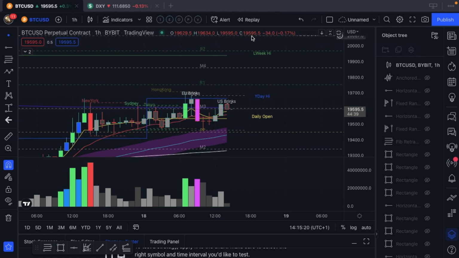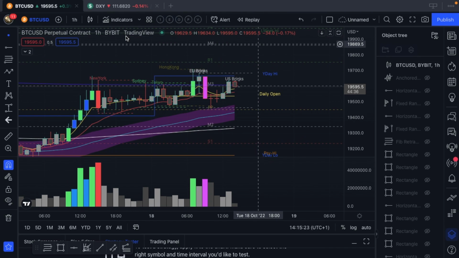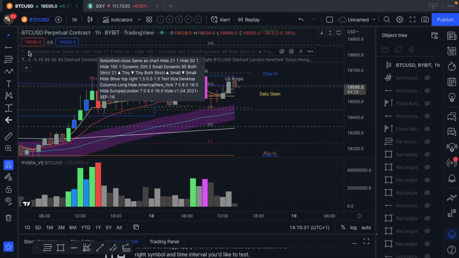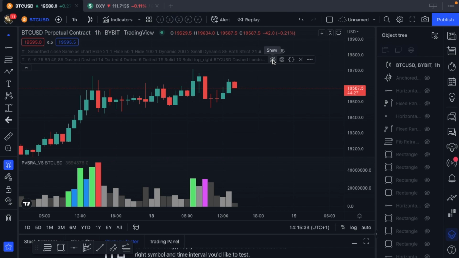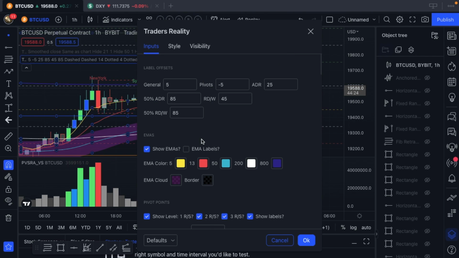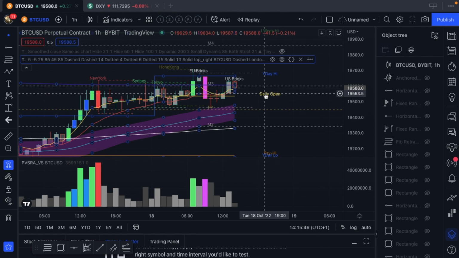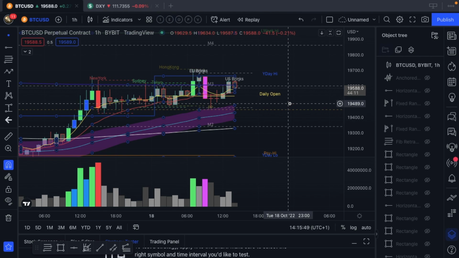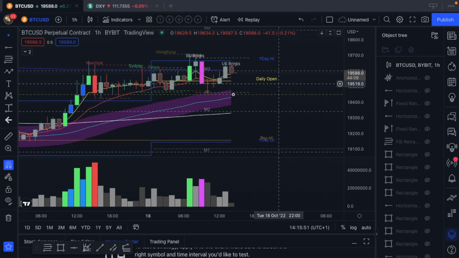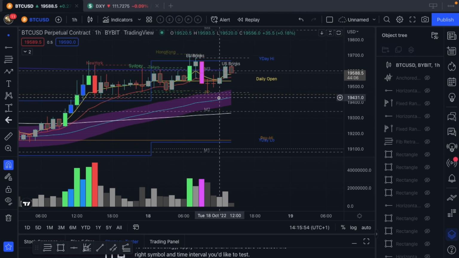So that is what the pivots look like. And if you use just the standard pivot indicator, you can change it to Fibonacci levels, and you can do a couple of different things with it. But we are going to turn those back off because it starts to get a little bit intense, too messy. All right, so how these are calculated is based on the previous day's support and resistance levels,